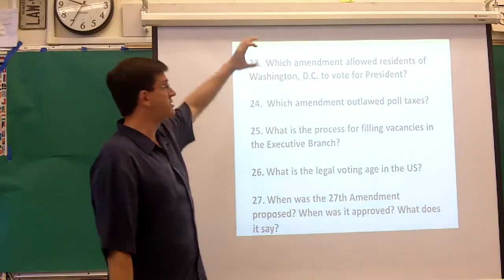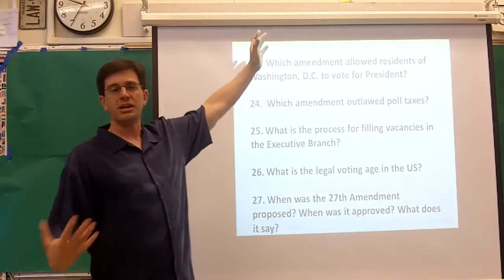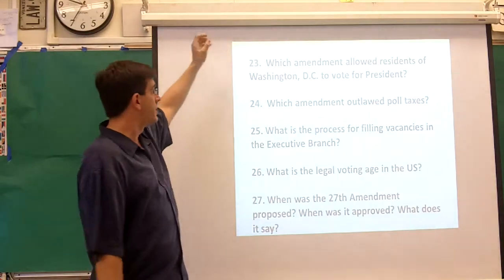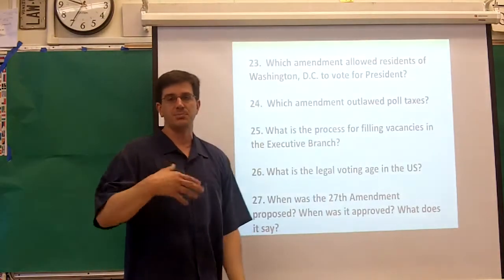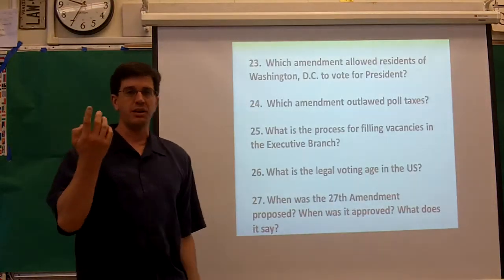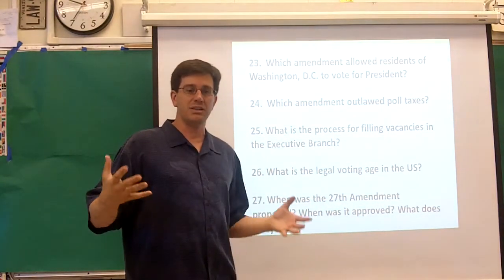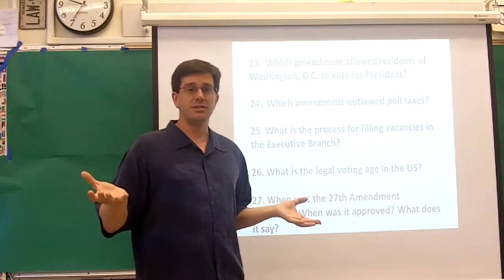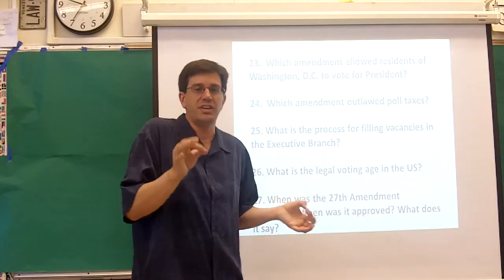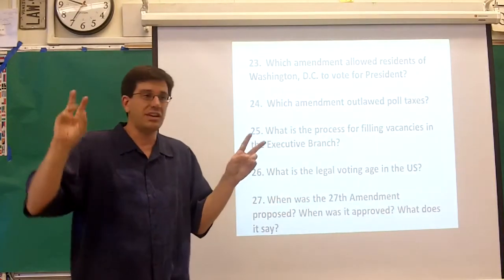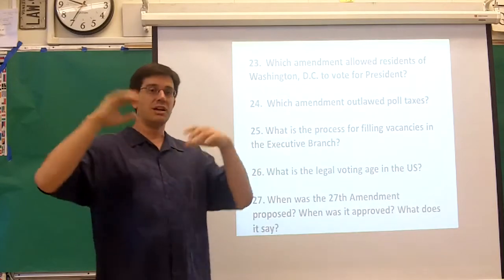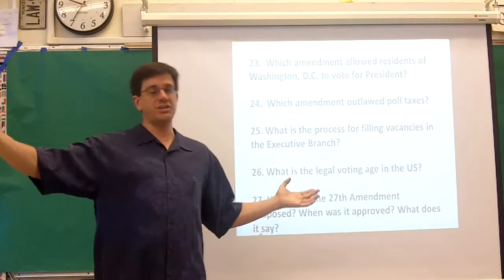It essentially let citizens of D.C. participate in the general election in November for president. The 24th Amendment bans poll taxes. Poll, P-O-L-L, 4 letters, best I can do. The 24th Amendment in the Civil Rights era banned the use of small fees to vote because the fees could pass the 14th Amendment. They were equal for all citizens.